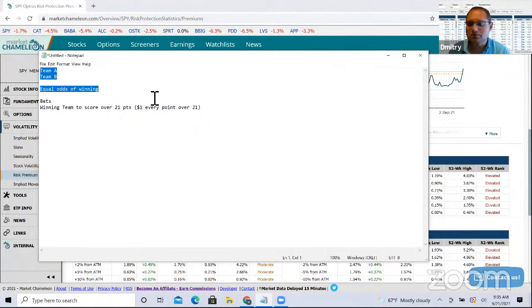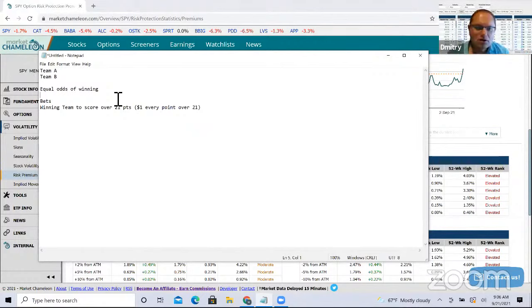One way that you could bet is on team A or team B winning, right? There's going to be a winner or loser. Let's say there has to be a winner or loser. So you either bet on team A or team B, and that's one way of wagering, probably the most common. But you could also do something different. Let's just say team A and team B have equal odds of winning. They're both the same caliber, one team is not better than the other, so they have an equal chance of winning.